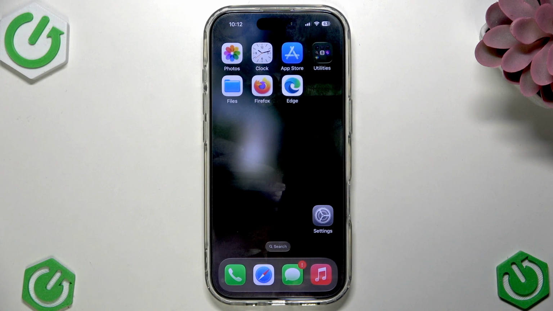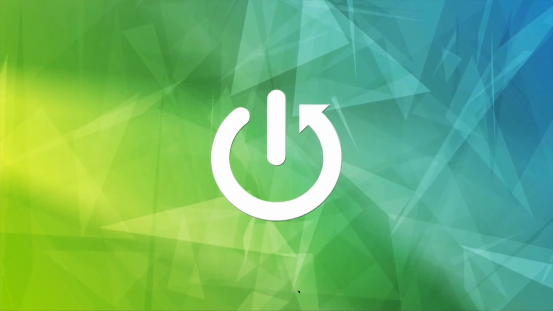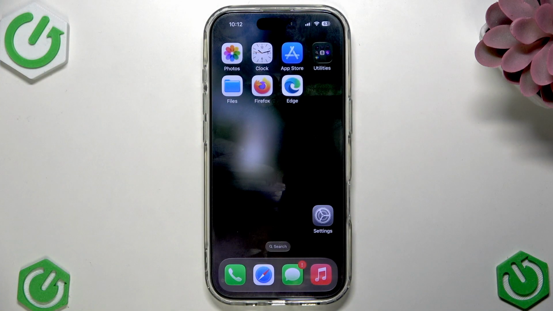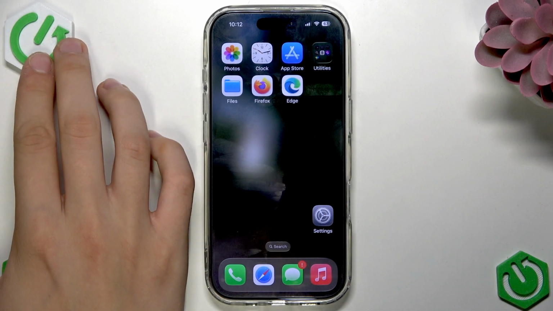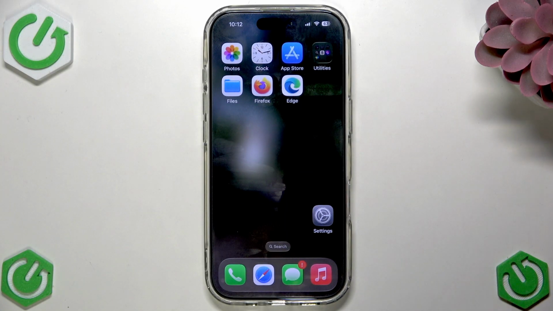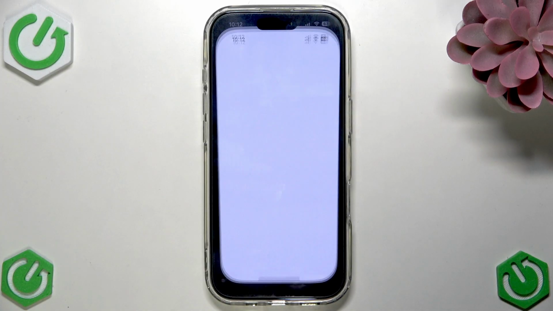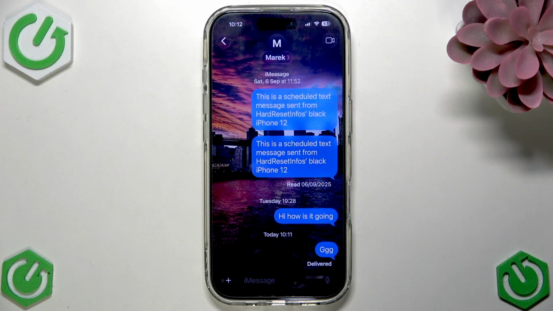Today I'm going to tell you how to unsend a text on your iPhone. So actually it's possible only when you do have the RCS text messaging enabled or when you just text somebody using iMessage. At first let's open the messaging application, and now here we do have to hold our finger